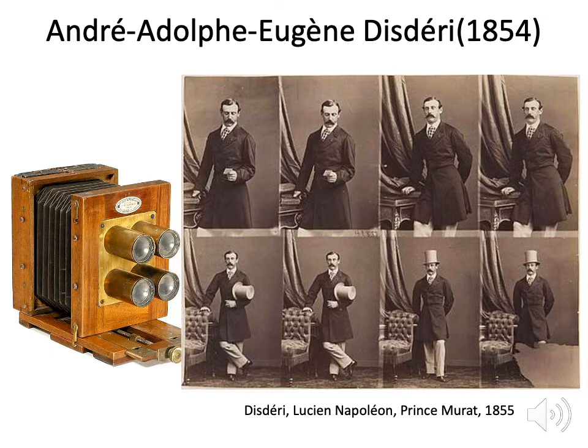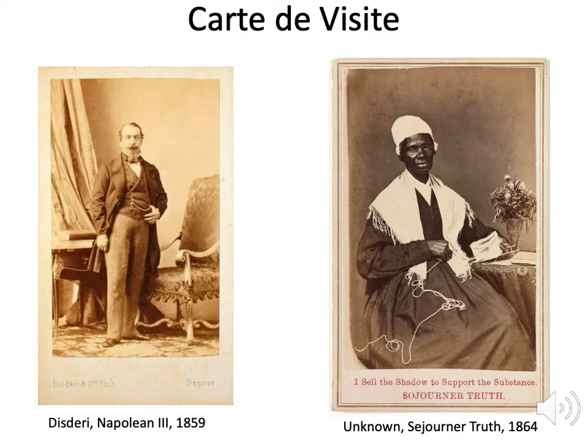So here we see the camera right here with 4 different lenses, and now we see an example here of the images taken. Right? It's different poses, slightly different poses. The person is moving. So this allowed photography even more readily available for the masses. It created very affordable portraits, served for visiting cards for friends and family. Now you can give a friend or a family member a picture of you.